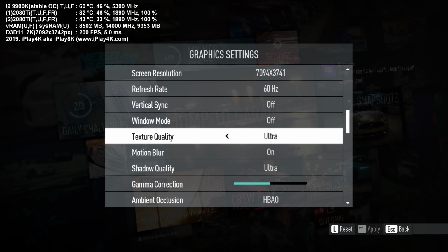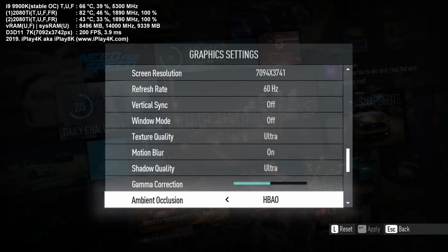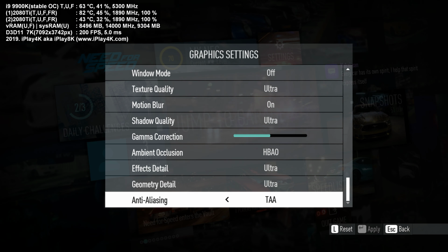Let me disable the shadows, shadow quality, and ambient occlusion. We still have some shadows, but not those realistic shadows. We should improve on FPS. Look at that. 172, and for Need for Speed 15, you've got to add about 20 FPS,